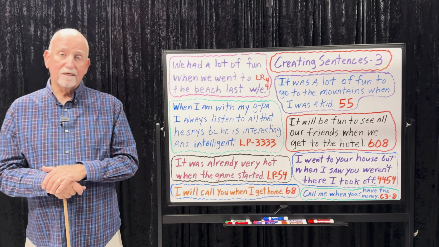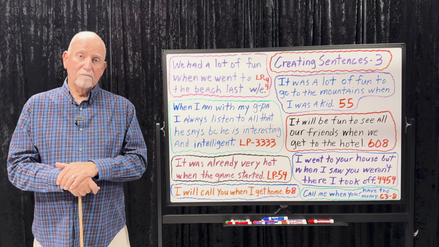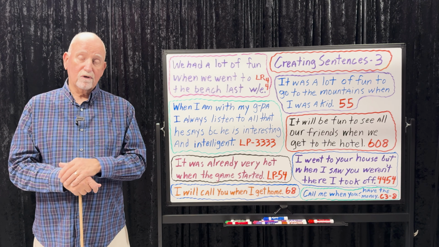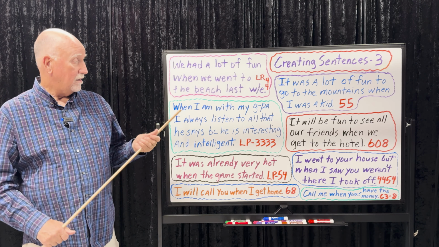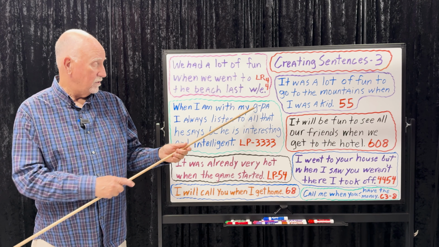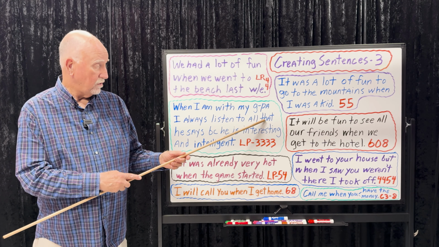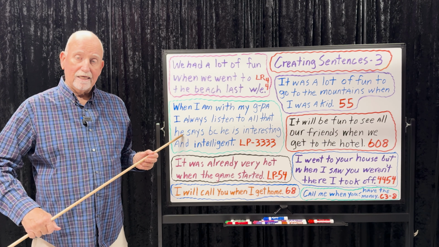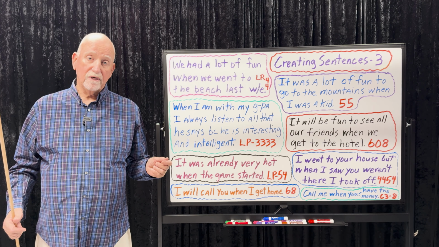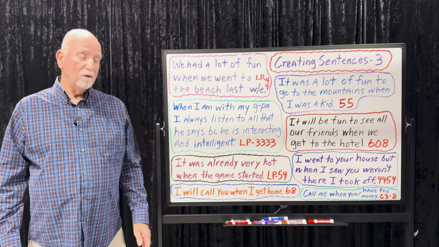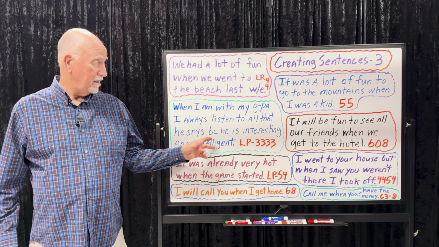What do we know about decir? Well, present tense, it's got a lot of stuff happening. It's a go verb, digo, but the other forms, it's an e to i stem changer. So it goes digo, dices, dice, decimos, dicen. Again, cuando estoy con mi abuelo, siempre escucho todo lo que dice, D-I-C-E. Because is one word, porque, no accent, P-O-R-Q-U-E. Cuando estoy con mi abuelo, siempre escucho todo lo que dice, porque he